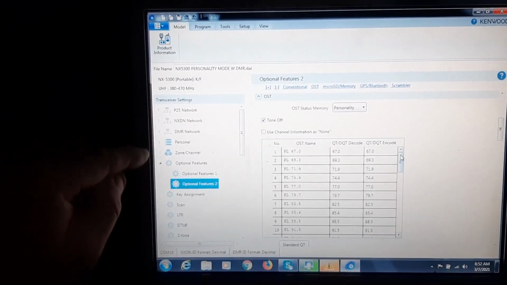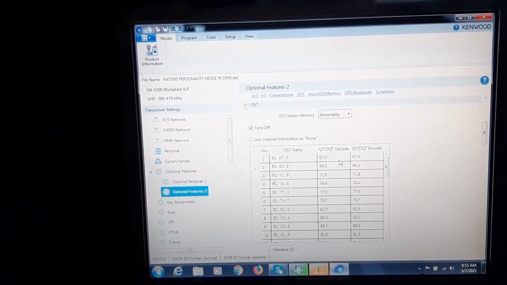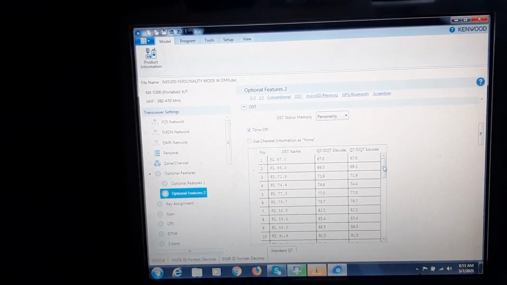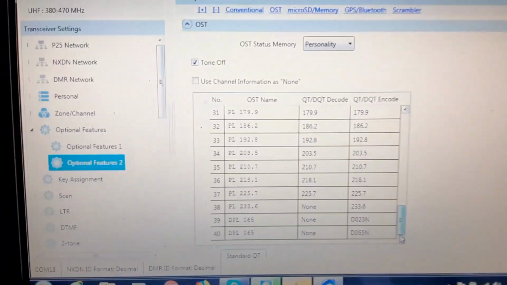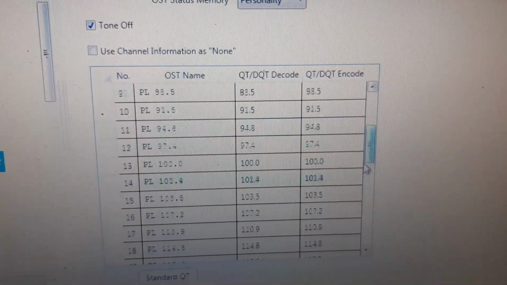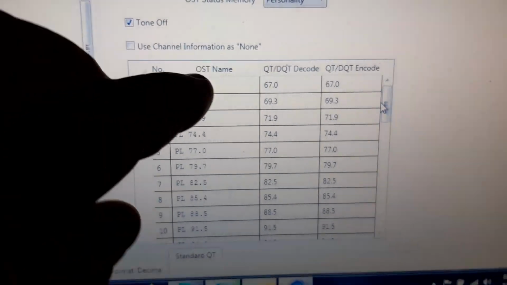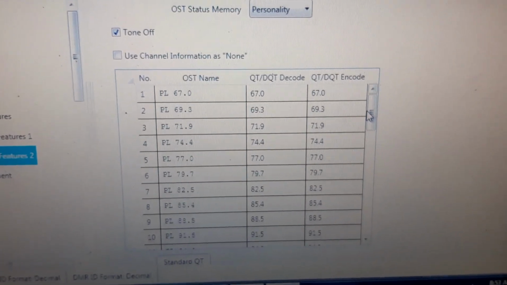So the place you find that, optional features, and then optional features 2. They have a bunch of options. You can go to 40. So what I chose to do is set up all the typical PLs, which there's, I think, 38 actual PLs,